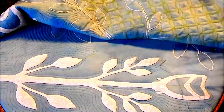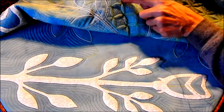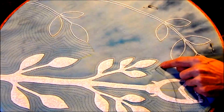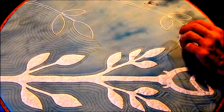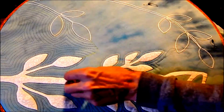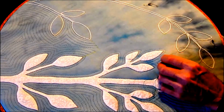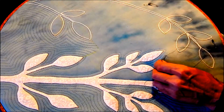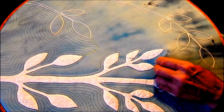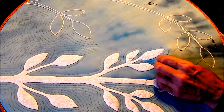That's quilted around and around and around to the center until that whole space is filled in. So it's done just like this, where it's simply rows of quilting following the shape. So basically it's all echo quilting. It's just some of it is much more dense than others. So anyway, that is what I'm doing,